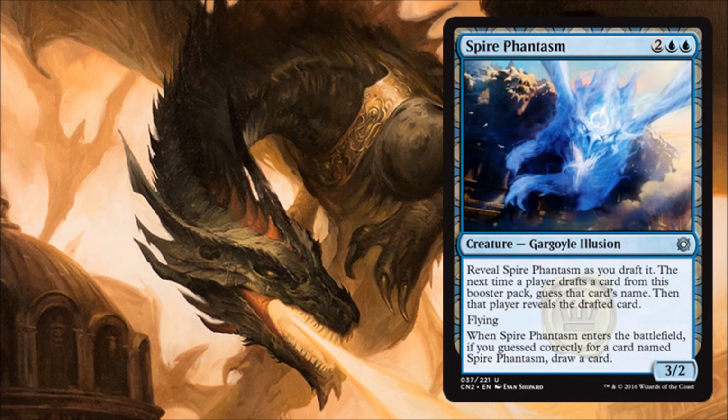It's a gargoyle illusion, uncommon, 3/2. Reveal Spire Phantasm as you draft it. The next time a player drafts a card from this booster pack, guess that card's name. Then that player reveals the drafted card. This has flying, and when this enters the battlefield, if you guess correctly for a card named Spire Phantasm, draw